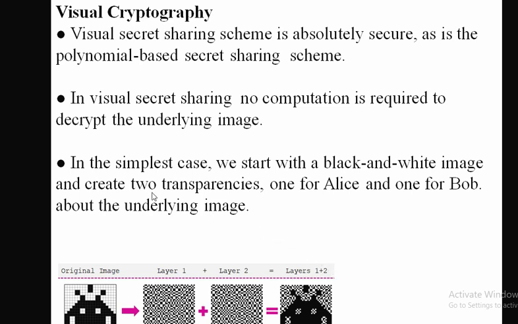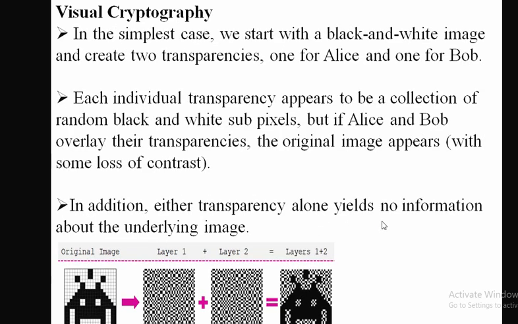Each individual transparency appears to be a collection of random black and white subpixels.